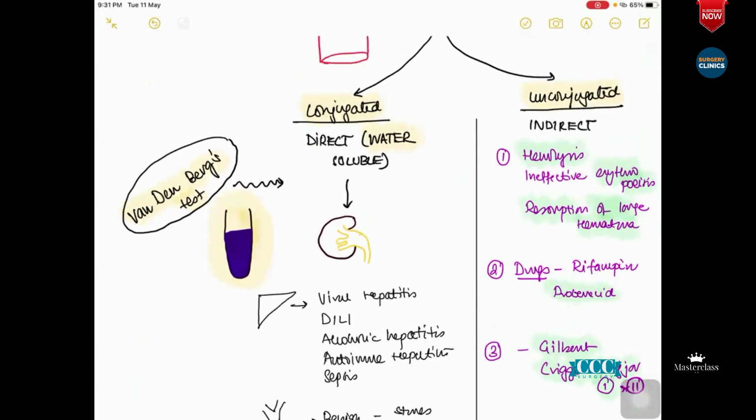This is what some old examiners will like to hear. It is called direct because it can directly react with that agent in that reaction called the Van den Bergh reaction. Okay. And so why is it called indirect then? We subtract the direct bilirubin from total bilirubin, then we get... No, sir, not exactly. No, sir, that is not the reason you call it indirect.